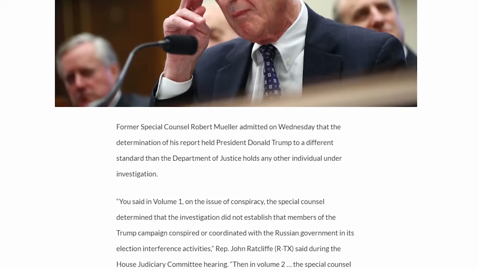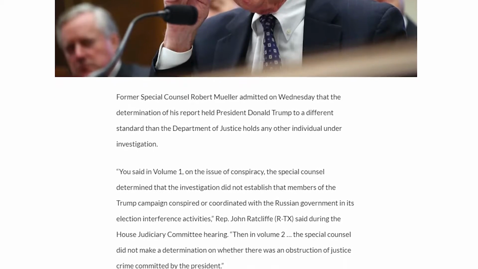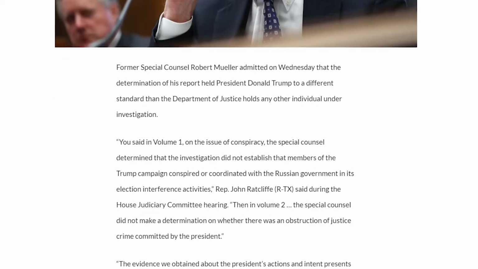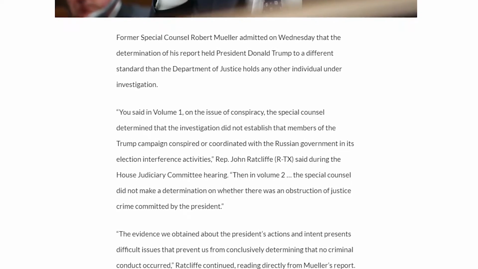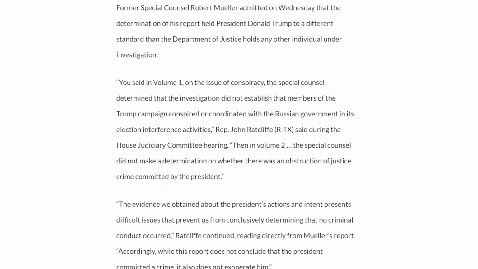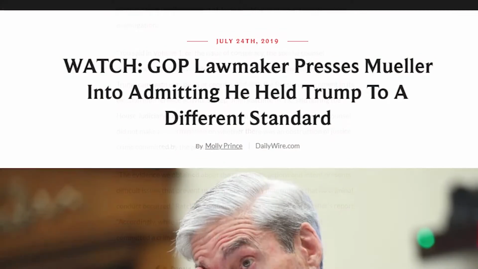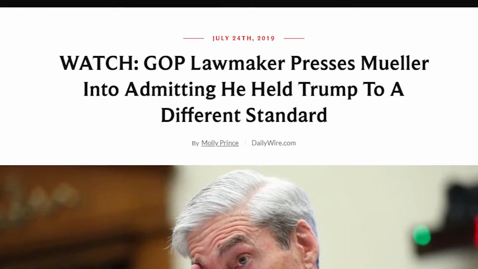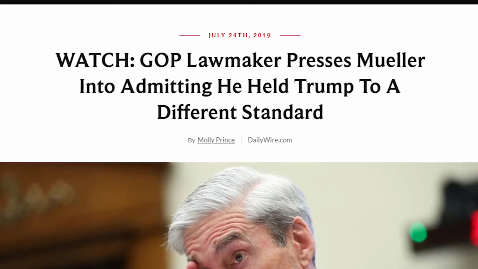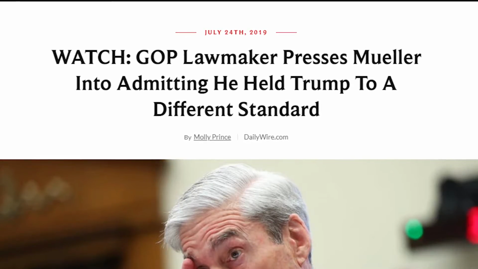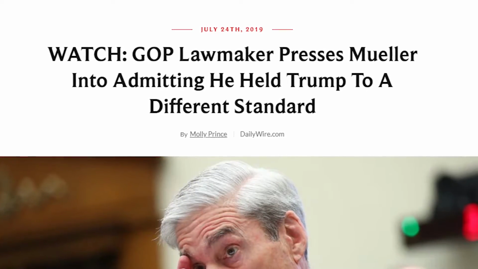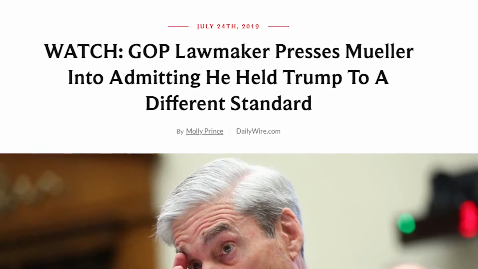You can't, Ratcliffe said. Time is short. I've got 5 minutes. Let's just leave it at you can't find it because I'll tell you why. It doesn't exist. Slam Mueller for stepping outside his purview. The format here is mostly quotes from Republican Representative Ratcliffe. The article's argument is fully in line with the representative's argument during the hearing, therefore the quotes are self-explanatory.